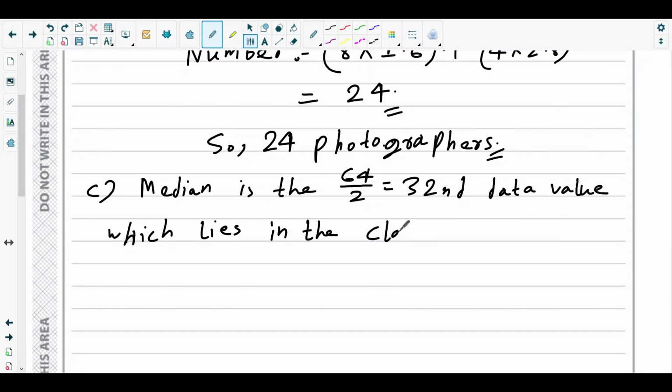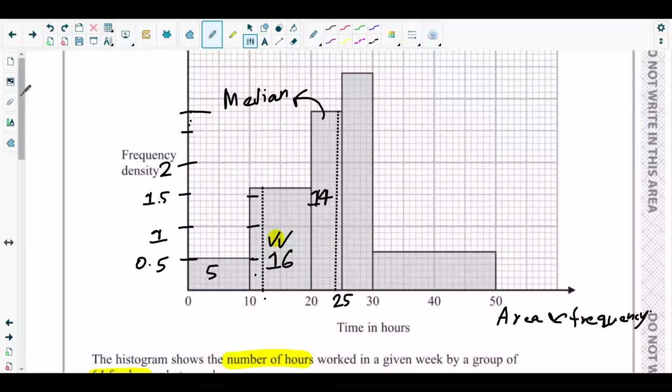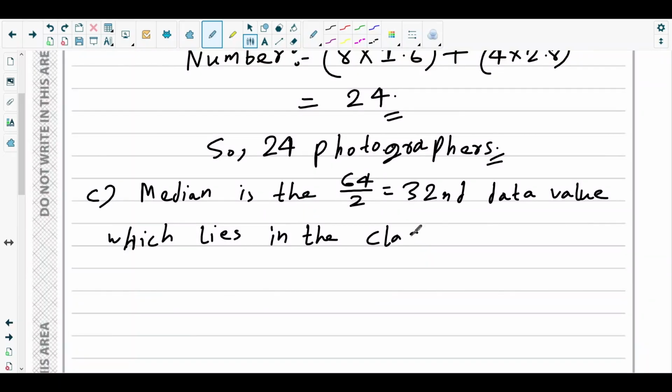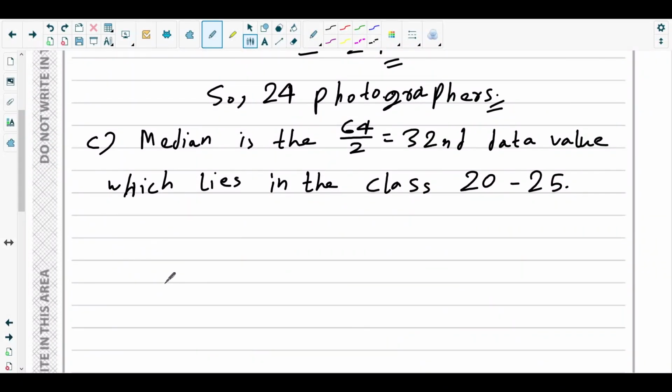Which class? This class is from 20 to 25. Yeah, exactly. Okay, so we got the median class. Now we will use what? Linear interpolation. Okay, using linear interpolation,